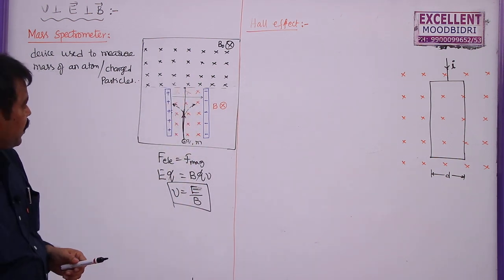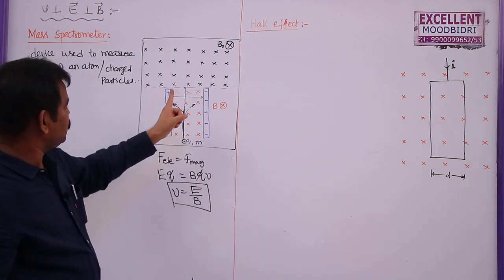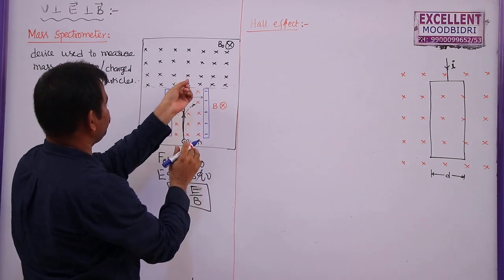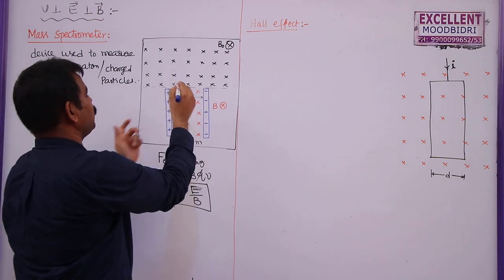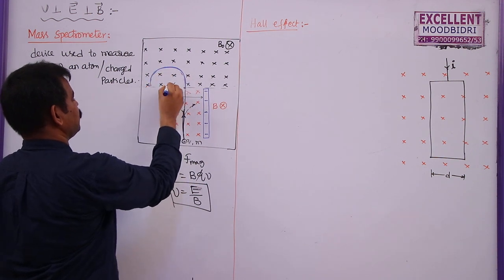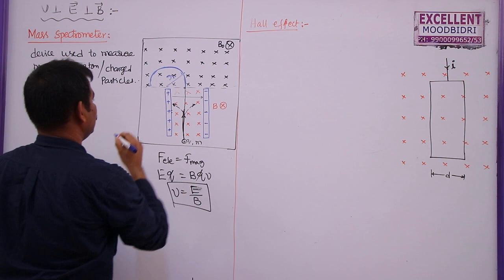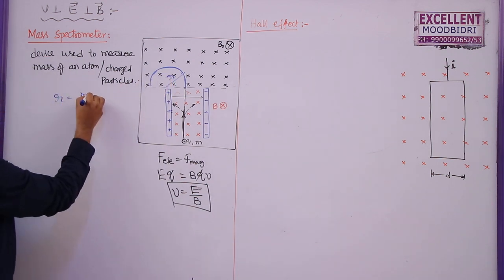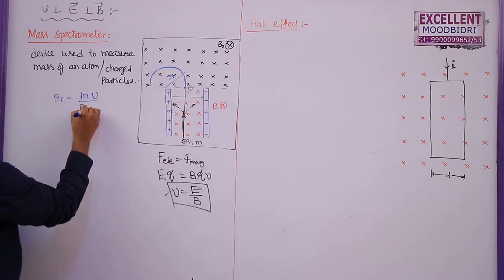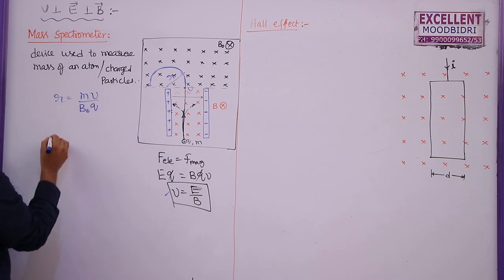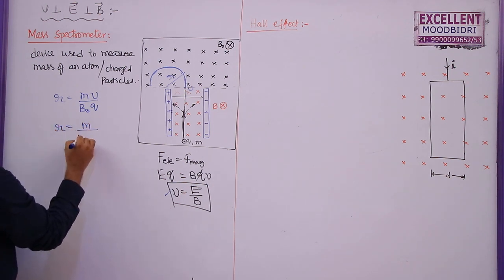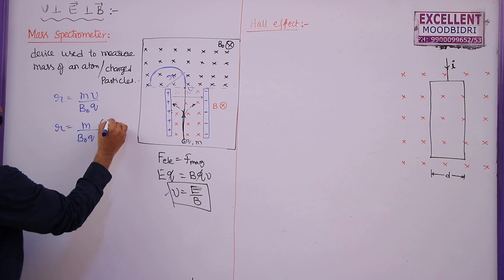Once it enters the second magnetic field, what happens here? As it is having velocity in this direction, and after this there is no electric field, due to the magnetic field the charge moves like this, and it will move in this direction. This is the circular path described by that particle. Let us say the radius of this is R. So what is R here? The radius is given by mass times the velocity with which it enters this field, V, divided by B naught into Q. Already we found this velocity, so we can replace it with E by B. Radius is equal to m by B naught Q into E by B.